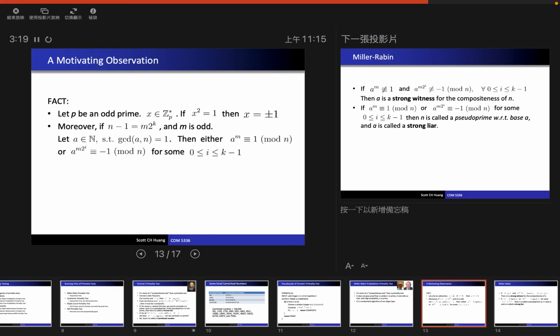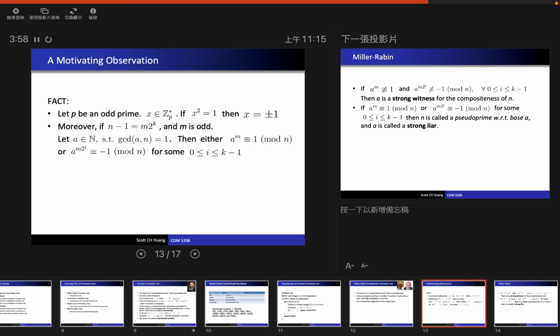For Fermat's little theorem, we do the test: a to the n minus 1. We will check whether or not it is equal to 1. So this is Fermat's little theorem. But what we want to do is find its square root. The thing is, we cannot calculate the square roots directly because we don't know whether or not n is prime. So instead of calculating the square roots, we